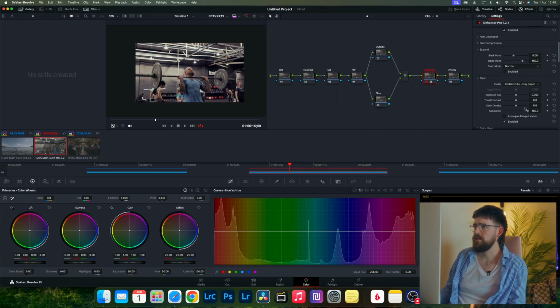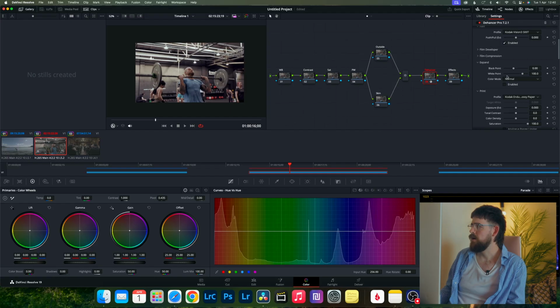Now heading down to the print, again, we'll pick our print profile between the 2383, enable, or the glossy paper, probably glossy paper, keeping all that detail. And then going up to expand here, let us bring up the blacks just a little bit, there we go, and we can bring these whites,